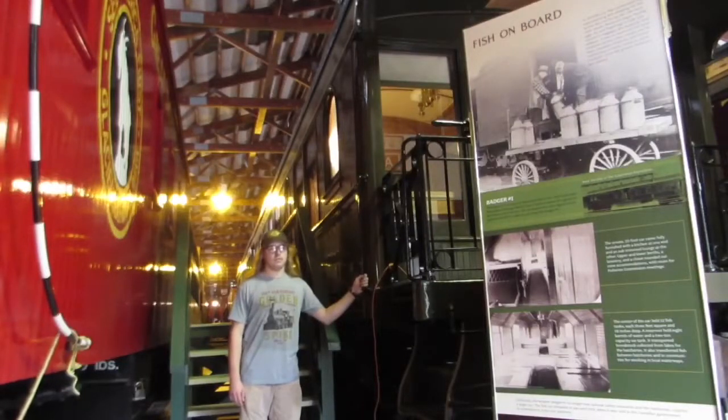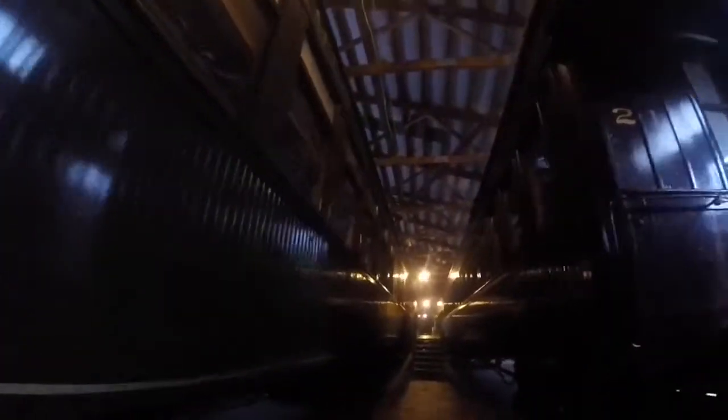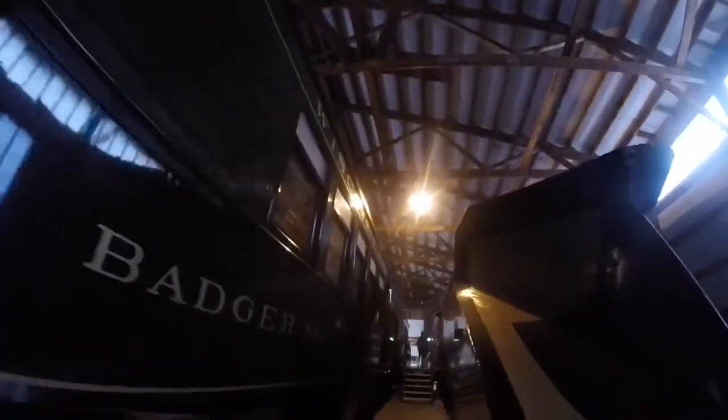What you see right behind me is Wisconsin Fish Commission 2. Wisconsin Fish Commission 2 was built by Pullman in 1913 and is an aquarium car. Also, this car is named Badger. This car was originally built for the Wisconsin Fish Commission as Wisconsin Fish Commission 2, and it was designed with a steel underframe and fitted with steel tanks to carry fish to remote locations around the state of Wisconsin to restock streams and rivers. The car would be stopped on a bridge and the tanks emptied into the